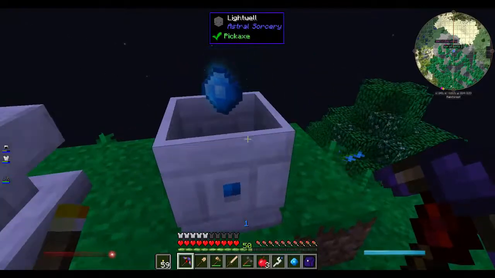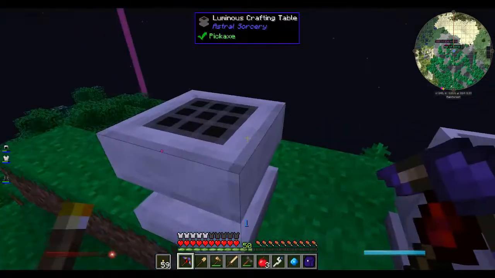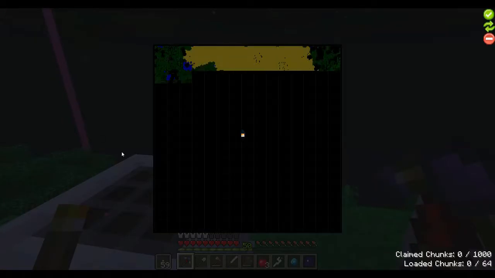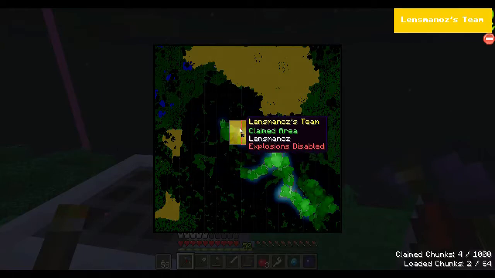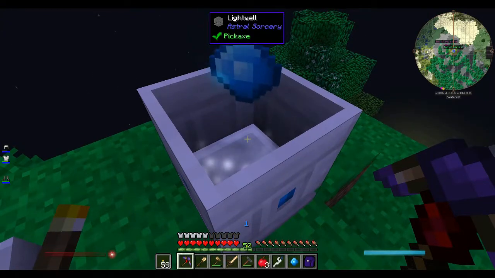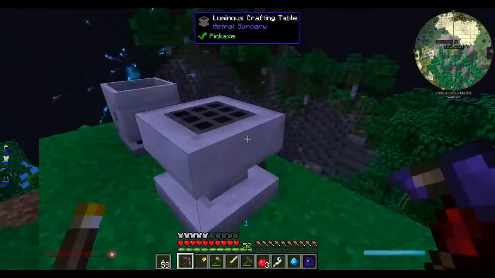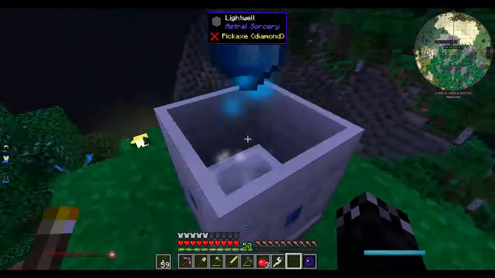I don't know if there's a tooltip on here. It's generating, and we'll need to come by with a bucket and collect it up. So what I might do, I guess, is I'm going to chunk load this area. And wow, that's filling up real quick. We'll come back. Actually, I will set up my Astral Sorcery